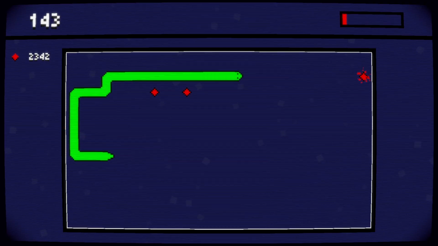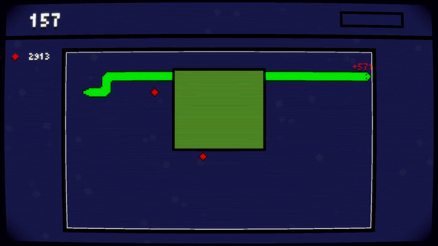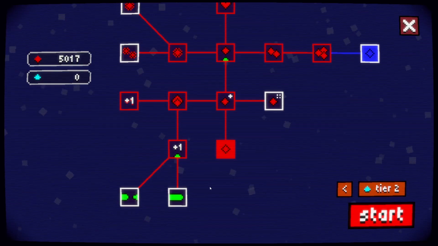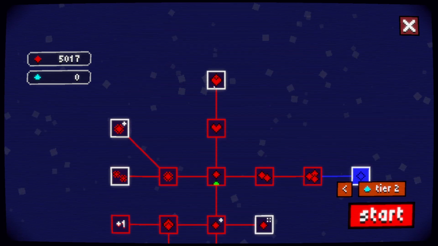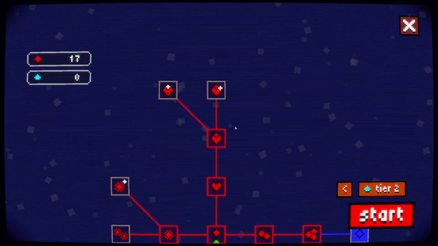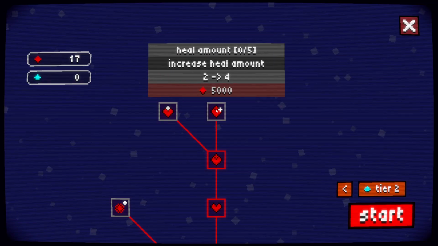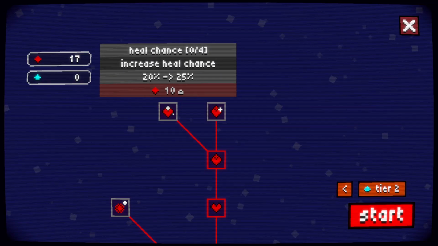Do we go for this crit over here? Sure. Just a little bit more. Get almost 5k. We have 5k now. Take the healing. We can afford that. Increase heal amount and increase heal chance. That's very expected. But what...